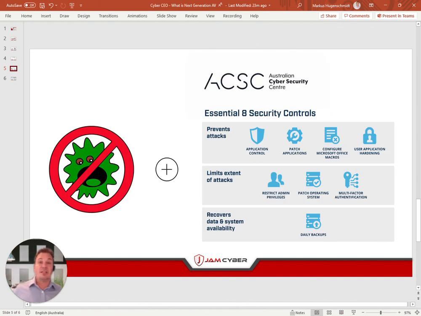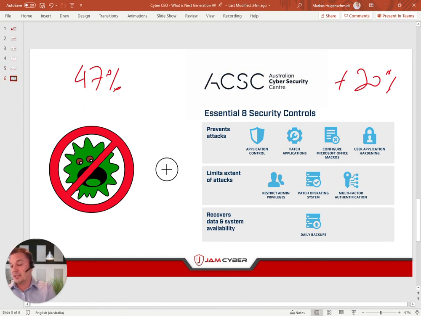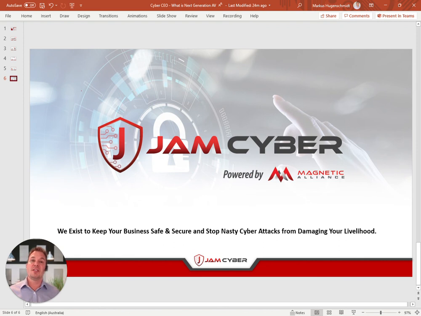That's next-gen antivirus. Now, whether you have classic antivirus or next-gen antivirus, antivirus gives you, according to our research, 47% of protection. If you implement the ACSC Essential 8, you add about an extra 30%. So keep in mind that antivirus in 2021 is just no longer enough. You do need the ACSC Essential 8 security controls in place, plus end user awareness training and a few more things. Cybersecurity is not an IT problem, it's a business risk. You need to look at people, you need to look at governance, cyber governance, and then also, yes, there is a technology component, and this is where cyber specialists like us come into play.